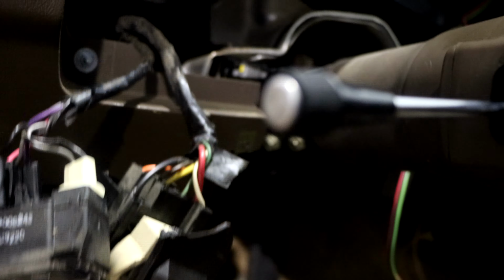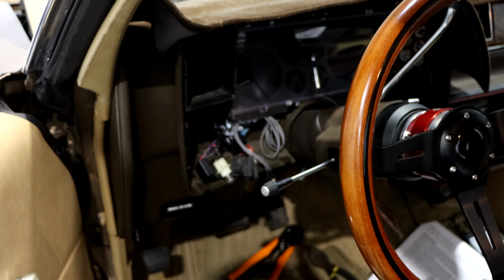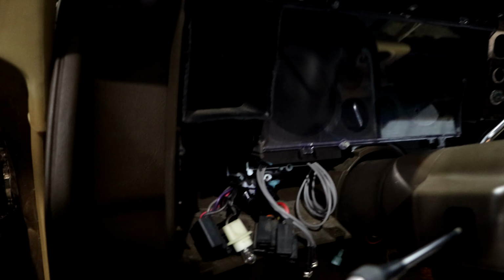Get this knocked out real quick. And here we have it. I'm pretty much at the end goal. This is how I have all my wires routed from the dash to everything else, you know what I'm saying? These are all the wires that need to go through the cab